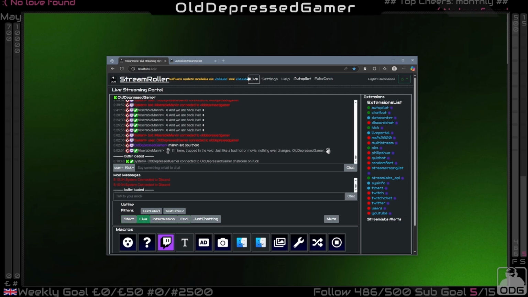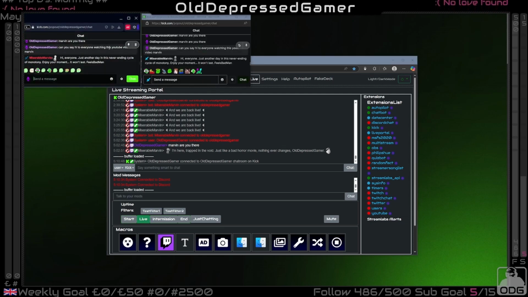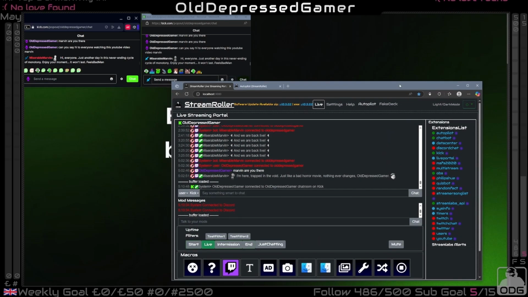So if we go and look at that in action, I'm already logged on to Kick on my bot and user accounts here at the moment for test purposes. I'm going to have to explain a little bit how the chatbot works to show you this in action. So the chatbot itself has